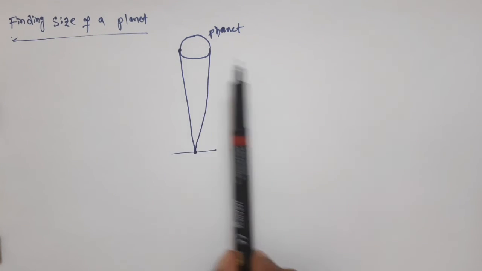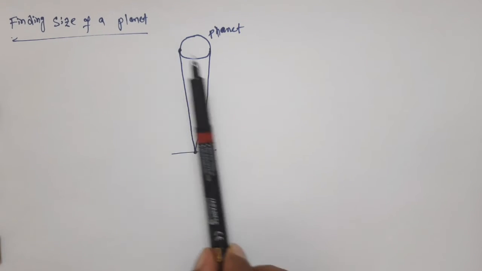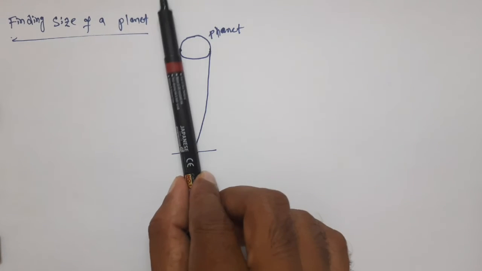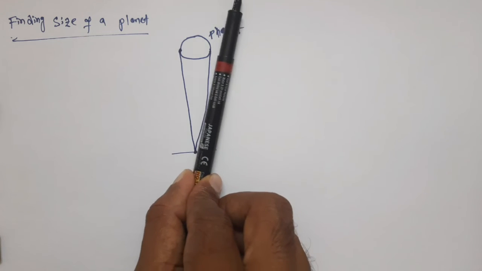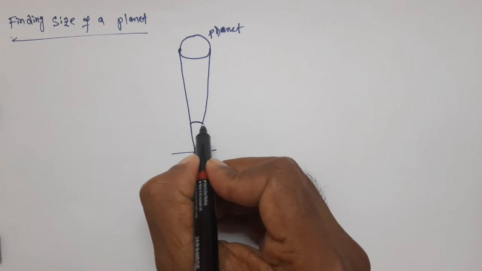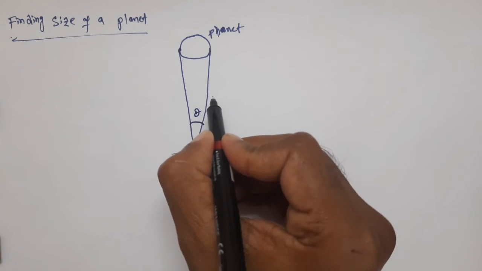Whenever we see this end first, we have to place the telescope like this. If we want to see the other end of the planet, we have to turn it like this, right? So whatever the angular displacement of the telescope, let's say this angle is theta, and